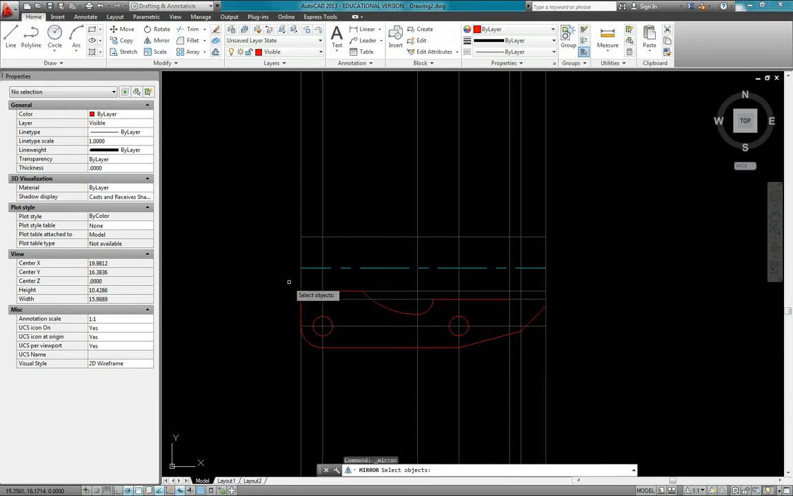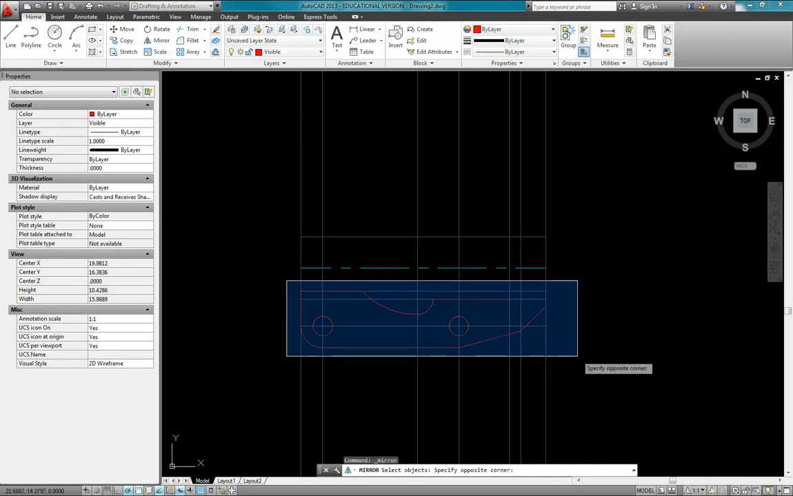Now, I can't just select everything, because what happens is it won't select the vertical construction lines because all the vertical construction lines aren't inside the blue window. But it will select the horizontal construction lines that I drew because they are entirely inside the blue window. Watch what happens